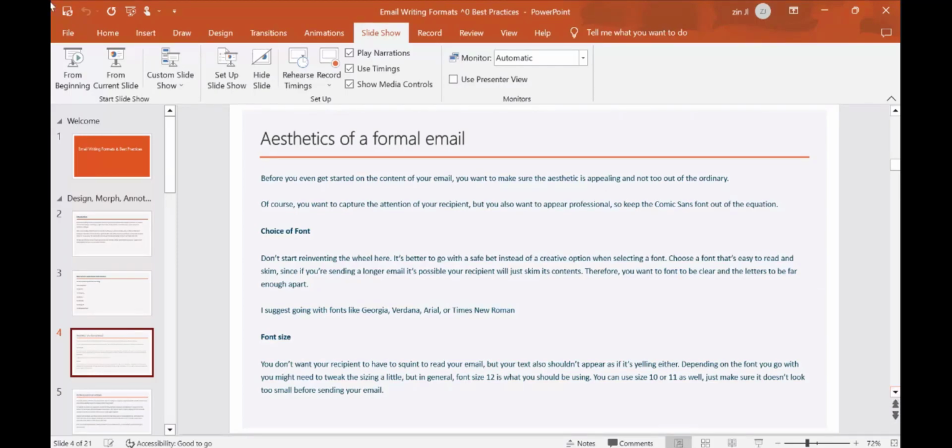If you want it to pop out a bit more, I do this with management sometimes. When I'm sending an email to the management, I put 12 because then it just pops out a bit more, and they know that, okay, I need to read this a bit more because Ricky's sending me a bigger font. And sometimes I use highlights as well. I make certain parts of the email bold, which signals that this is exactly what I want you to focus on, right?